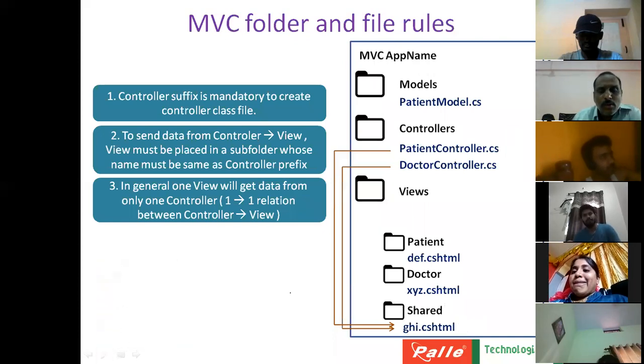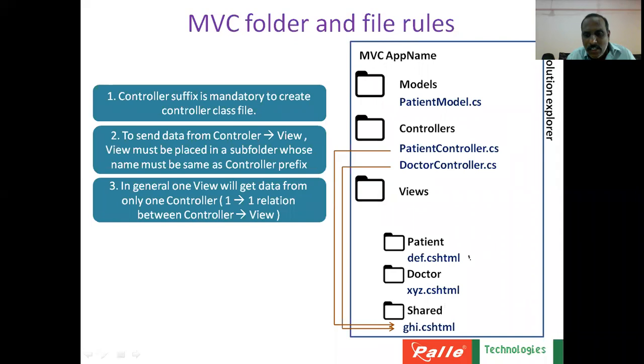I hope you understood the rules. If you observe this explanation carefully, you will understand that this ef.cshtml is linked to patient controller. I can say there is a one-to-one relationship between the view and controller. One view usually belongs to one controller.